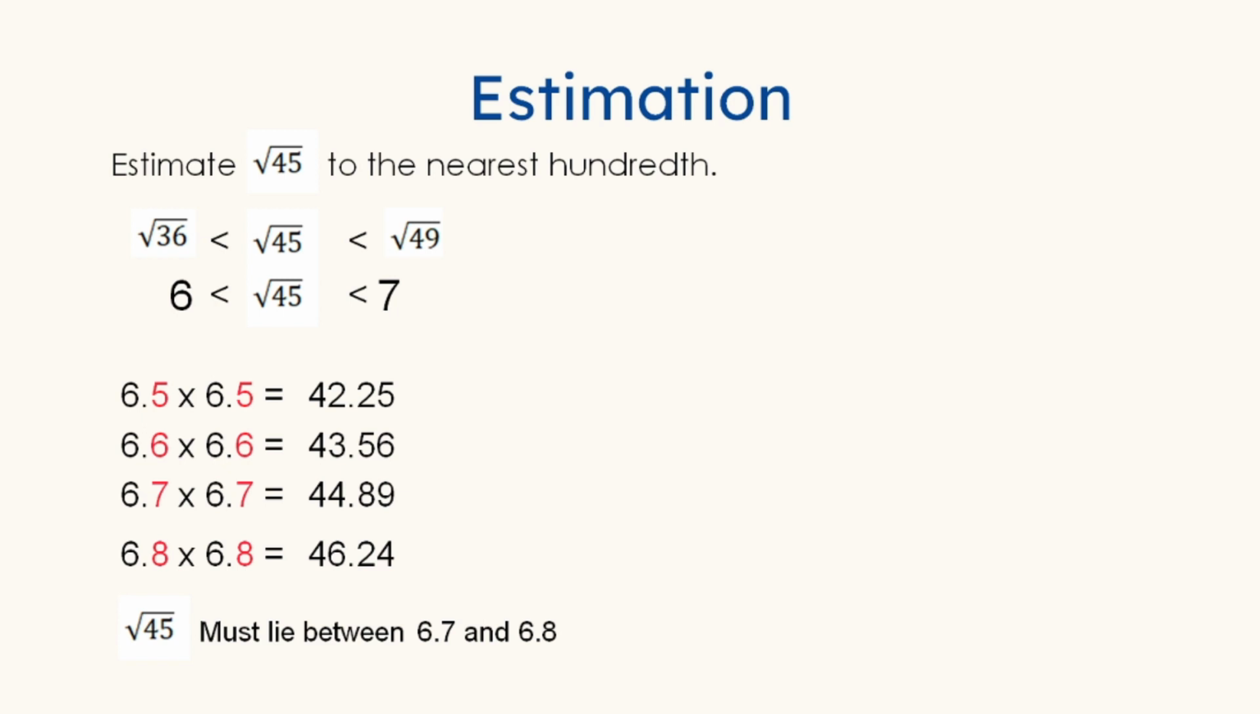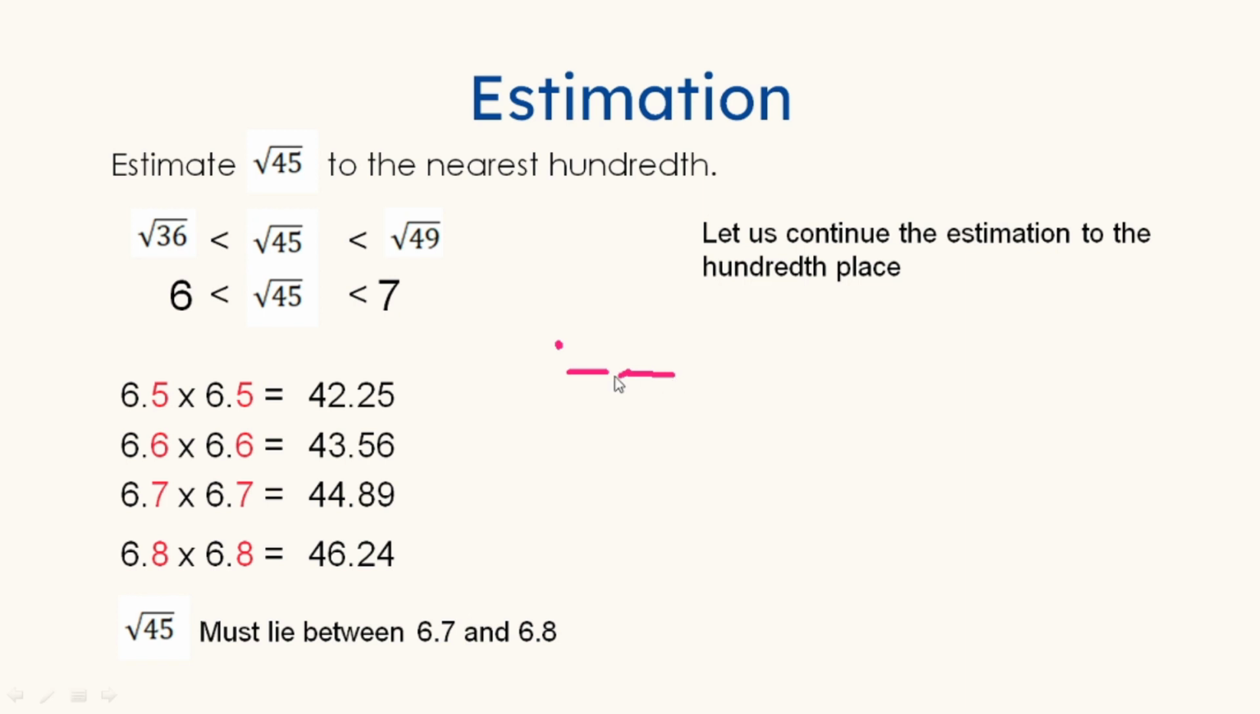So, i-continue naman natin siya by estimation to the 100th place. Sabi natin kasi after decimal, kailangan 'di ba dalawa kasi tenths, hundredths. So, dapat dalawang number after decimal point. So, we have here na 6.7. Ibig sabihin sa 6.7 tayo mag-start. 6.7, add naman natin ng 1 muna. So, 6.71 times 6.71, the answer is